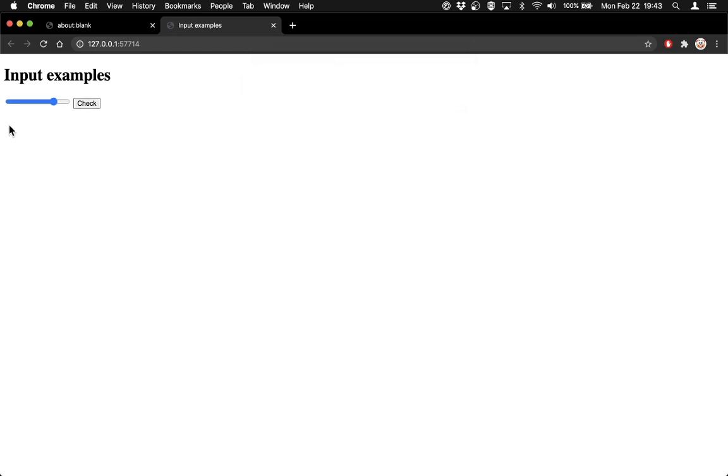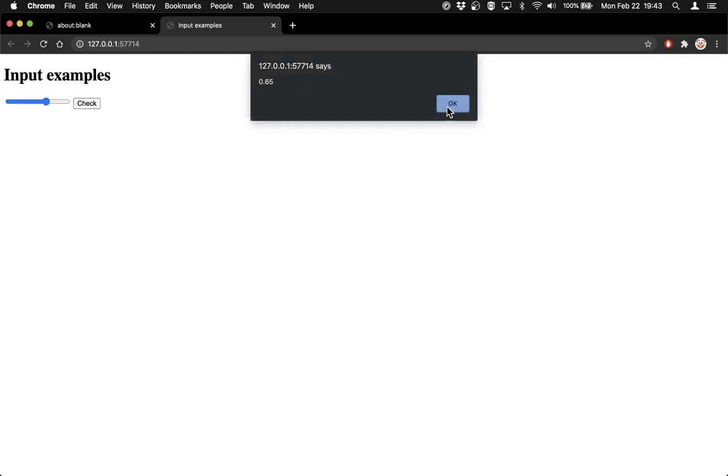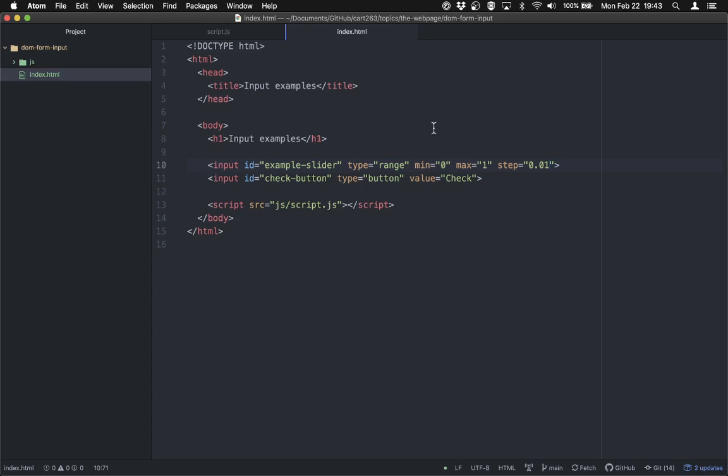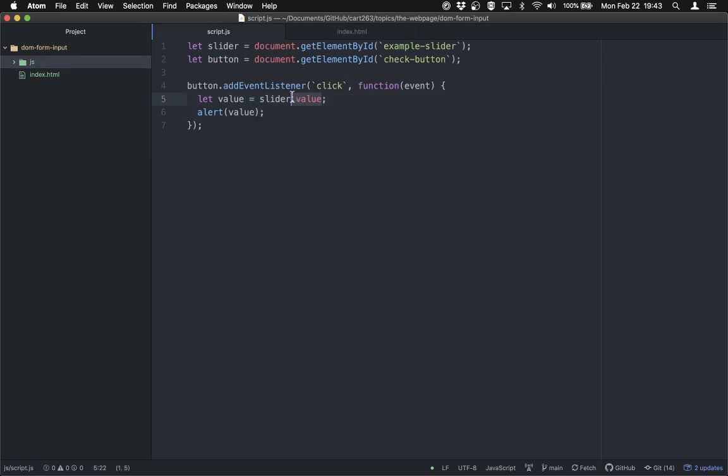Wonderful. Now I could be a random number generator by just going da da da da. I'm closing my eyes, and then what do we get? 0.65. Okay. So that is a slider. We create a range type input element. We can specify a min, a max, and a step, and then again we can check what's in it by getting its value property. In this case, I've done that by